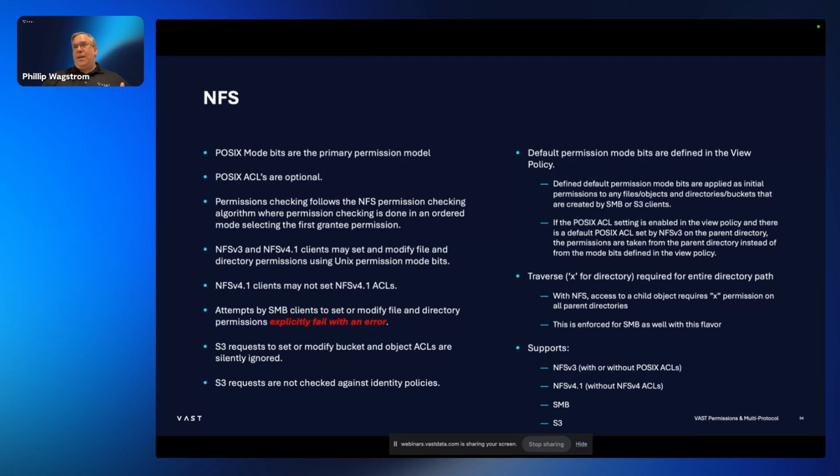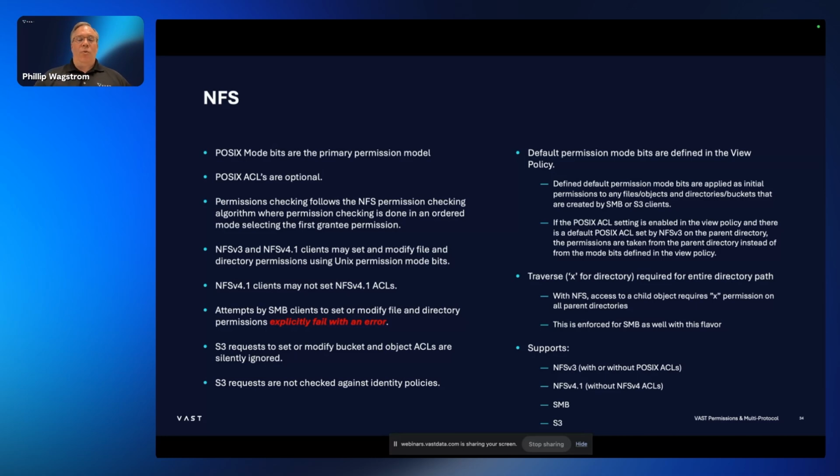But with this, ultimately your permissions and the granularity you're going to have is going to be limited to those three things. Are you the owner of the file? Are you the group owner, part of a group that is the group owner of the file? Or are you everyone? And then are you granted read access, write access, or execute access on that